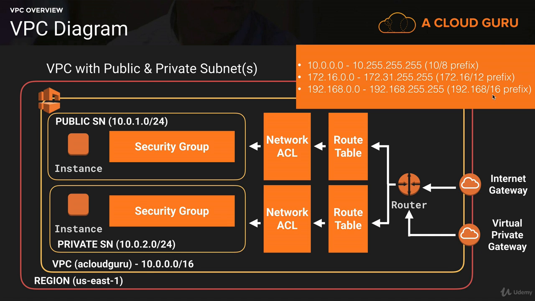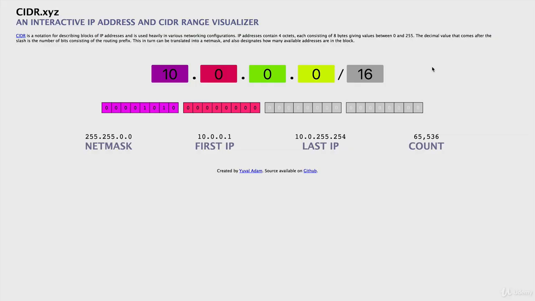And in fact, rather than showing you in the next lecture, why don't we just go over to this website quickly. So this website is called cidr.xyz. You just go to that URL and you'll be able to access it. It's very colorful, very visual. So what you would do is you put in the address range that you're thinking about having for your VPC. So I like to use the 10.0.0.0. And then we do our /,